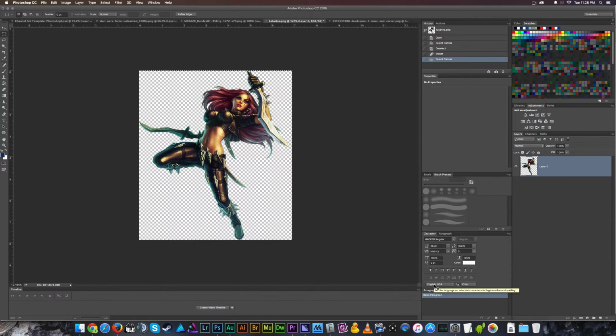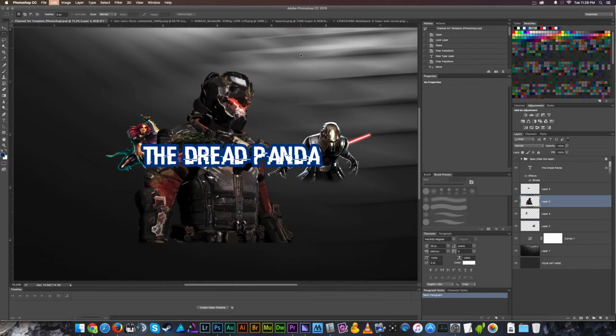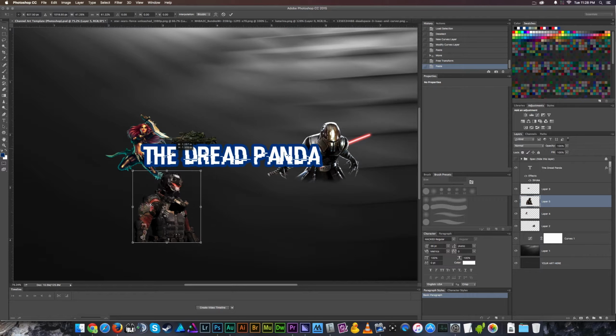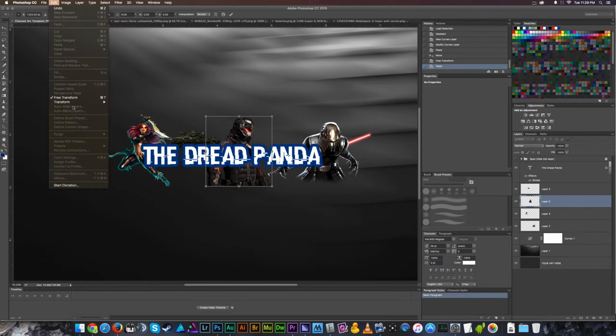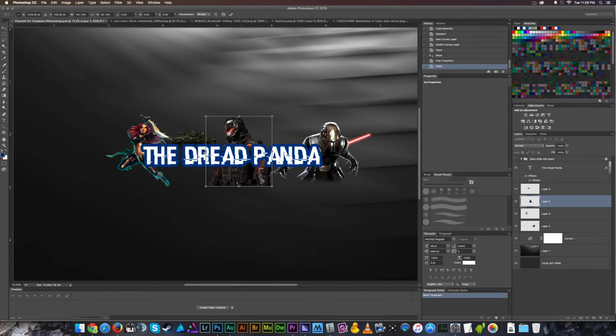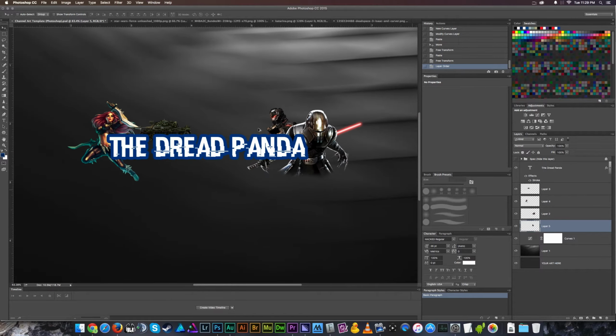So we'll copy Carver after we select him with the square marquee tool up here. And then we'll tab back over and dump him into the frame. And remember how we chopped off the lower half of the Sith Lord because we couldn't really see his body? I'm actually going to transform this. Go to Edit, Transform. Flip this horizontally to switch him around, because I want some of these characters looking in a different direction. I'm going to sneak him behind our Sith Warrior, just because I can, because I'm fancy like that. And I won't even have to trim off his lower half. Look, now he's hiding. He's hanging out in the back, ready to murder people